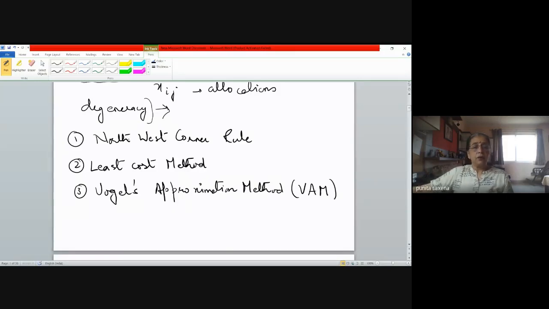Now, why this order? It is the ease with which it can be solved, and also the efficiency or the closeness with which these solutions take us to the optimal solution. We'll start with the